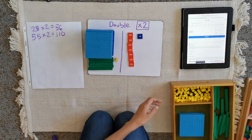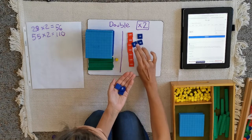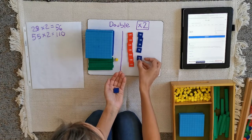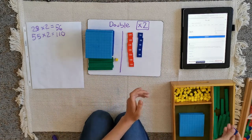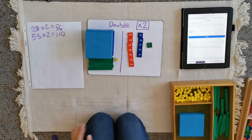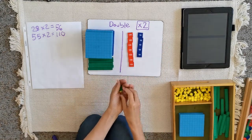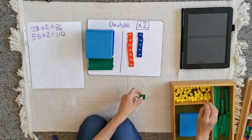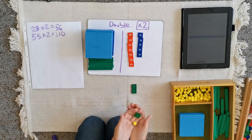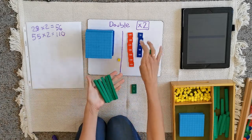10, 20, 30, 40, and 50, and 1. And now let's start adding. I'm gonna start with the ones. 1 plus 1 makes, what do you prefer? I'm gonna use the ones. 2 ones. Now the tens. 50 plus another 50,